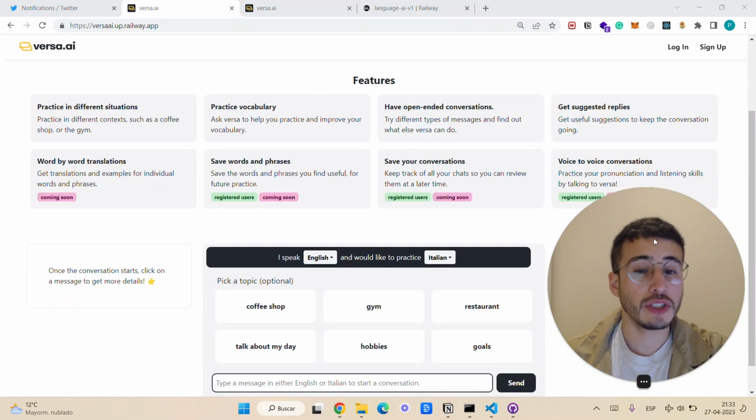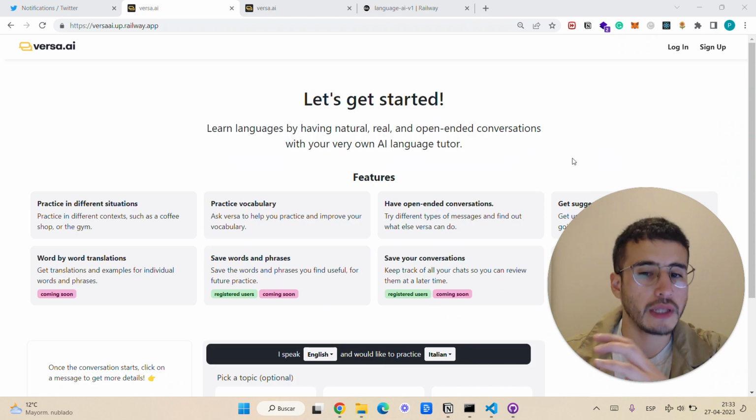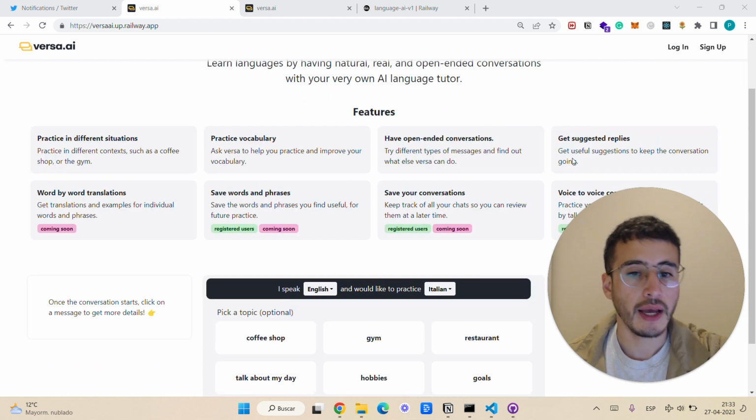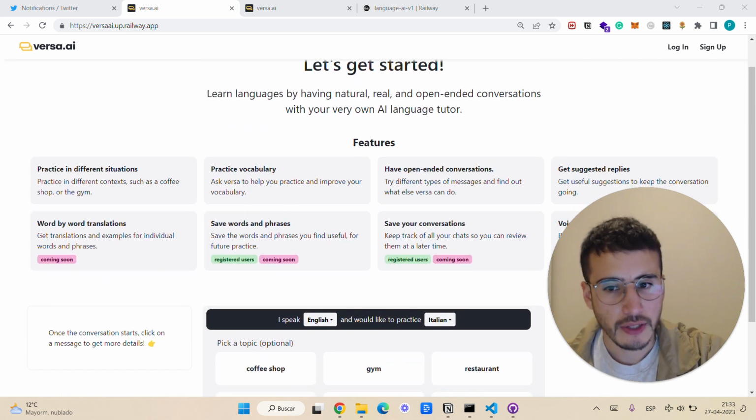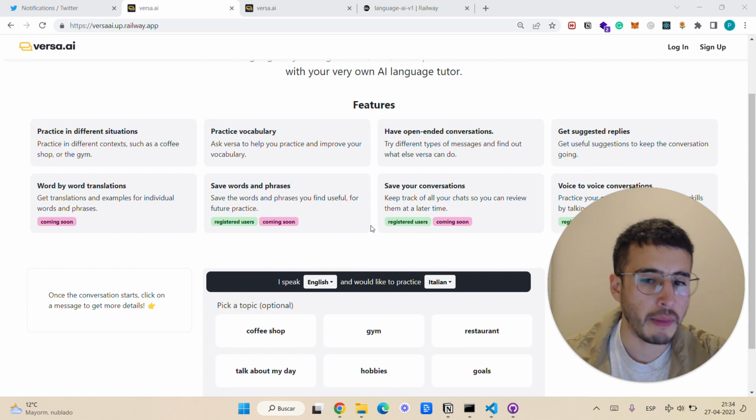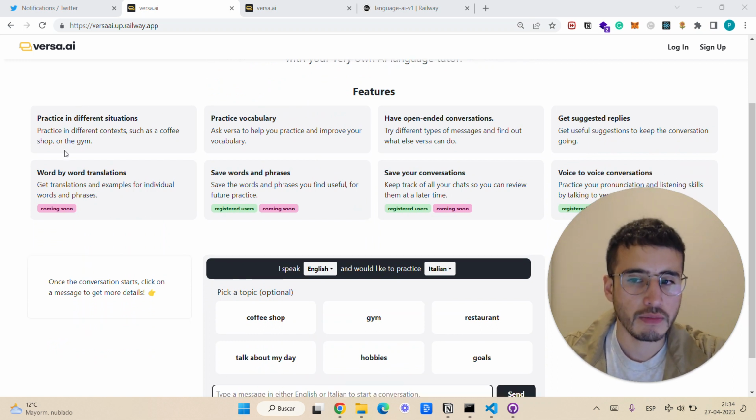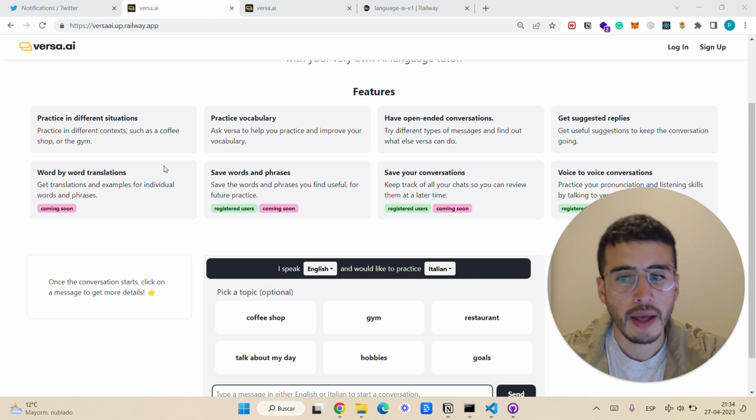So this short video is a quick update on the latest features and the usage of versa.ai. I changed the UI a little bit. I added these features so it's very clear what the roadmap is. We'll see that there are a bunch of features that are already enabled, and there are some features that are